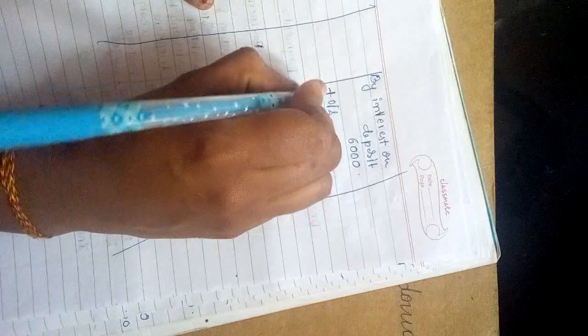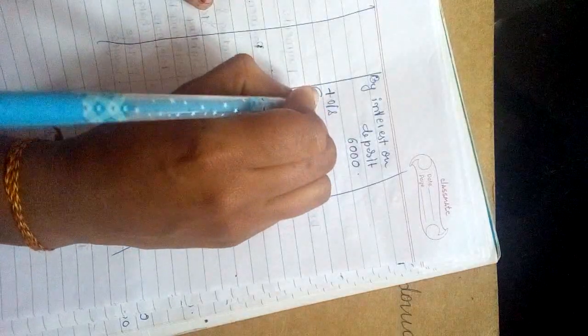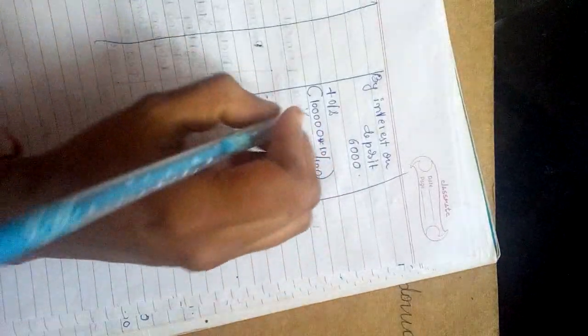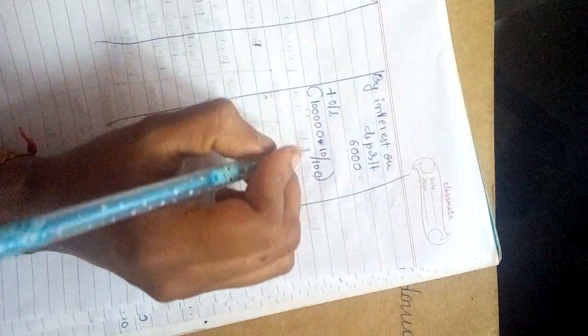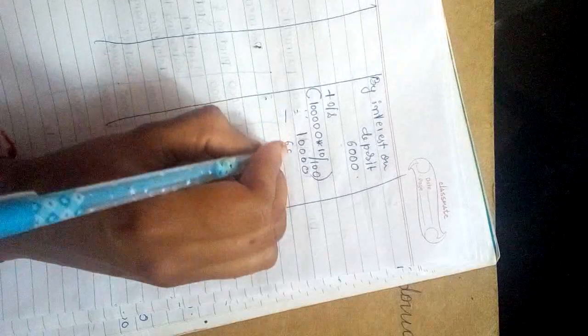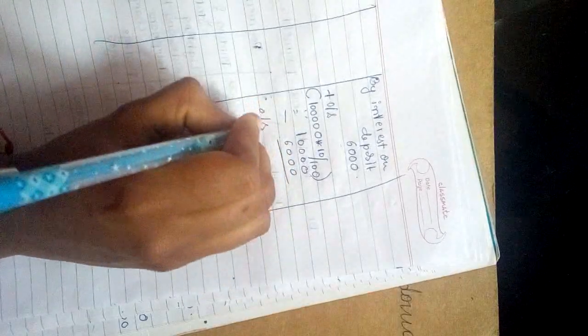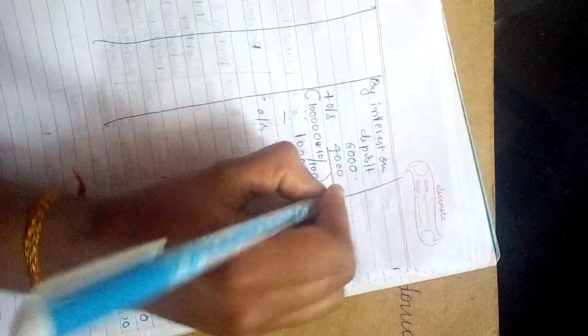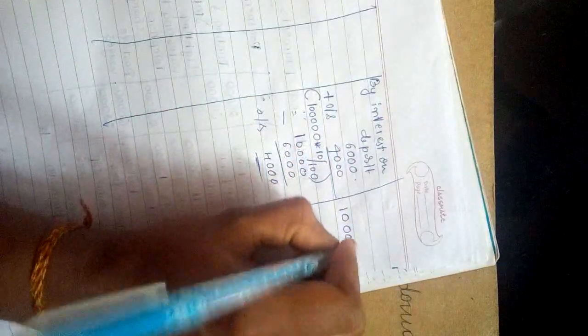There is outstanding. See, the total value of deposit is 1 lakh, which they have given, and we are going to get 10% return. So if there is a 10% return on 1 lakh, it means the interest we need to receive is 10,000. But we have received only 6,000. So outstanding is only 4,000. So write outstanding and write the amount in outer column.